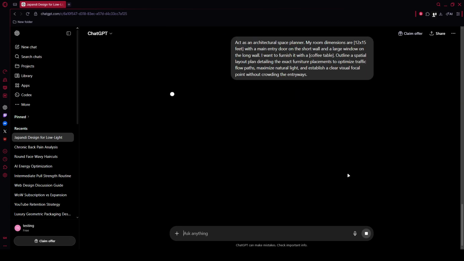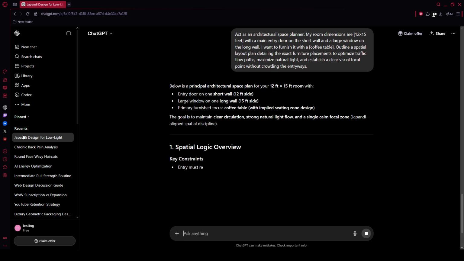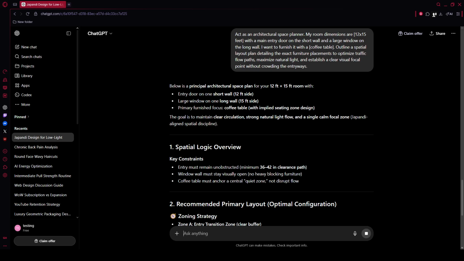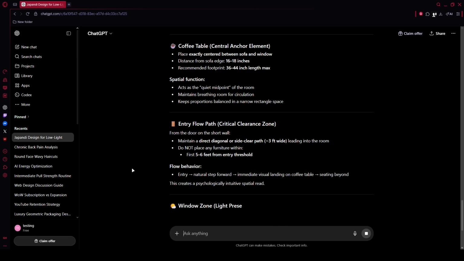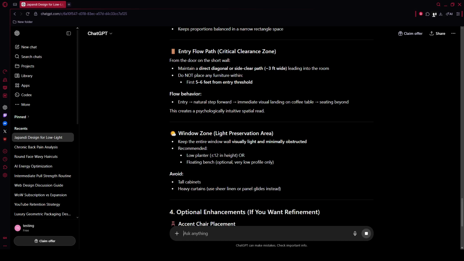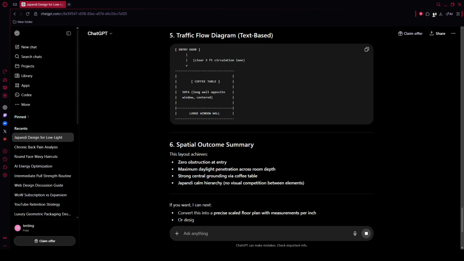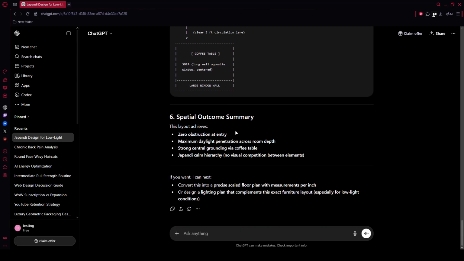Finally, if you're renting or keeping costs down, use the rental-friendly styling and lighting layers prompt. Act as a home staging specialist and lighting designer. Provide a non-permanent rental-friendly decor strategy for a [insert room, e.g. bedroom], on a total budget of [insert budget, e.g. $300]. Outline exactly how to structure 3 distinct layers of light, ambient, task, and accent using plug-in options, and suggest